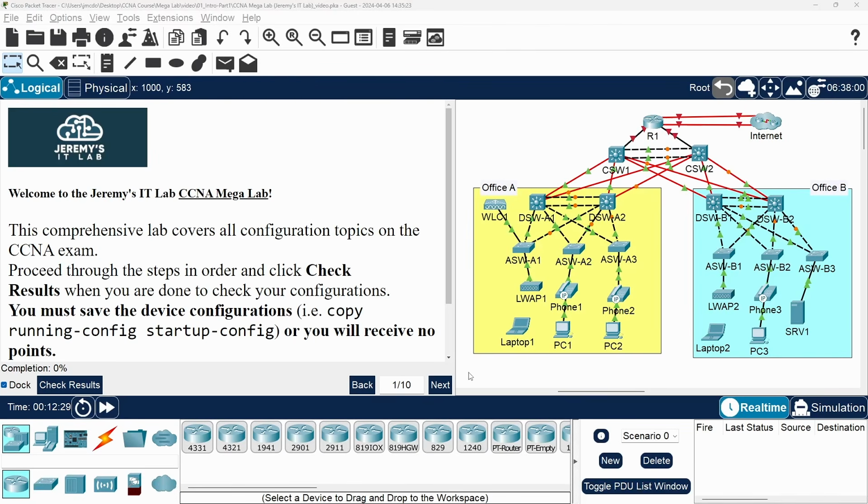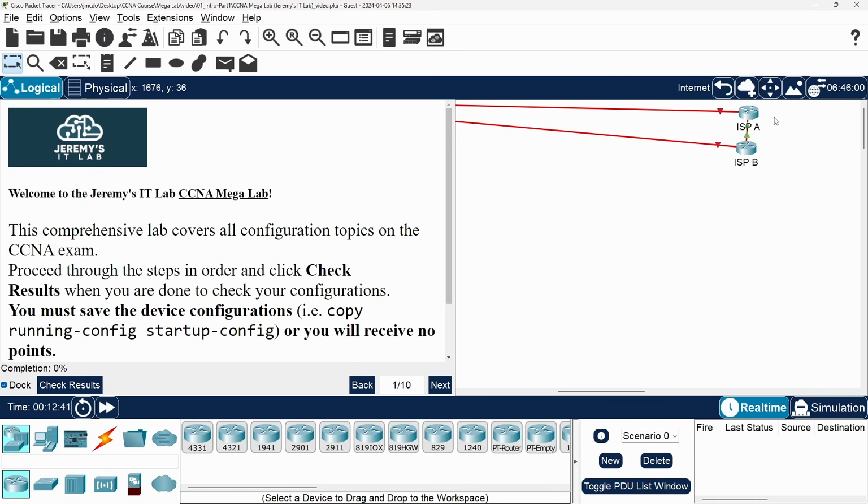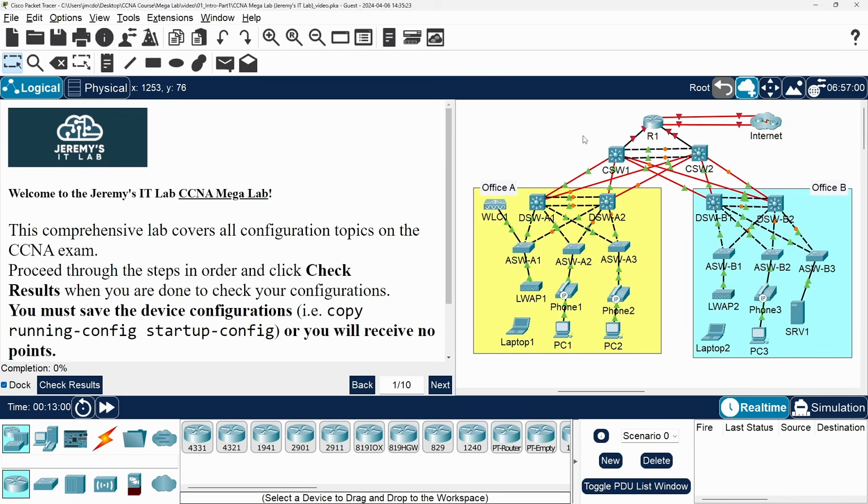The network topology for this lab is a 3-tier LAN consisting of two offices, Office A on the left and Office B on the right. The two offices are connected via a core layer, and R1 provides internet access with two redundant connections. If you click on the internet here, you can see it simply consists of two routers that I have labeled ISP-A and ISP-B. You don't have to worry about these routers for this lab. You only need to configure the network from the perspective of the customer of these ISPs, the enterprise connected to the internet. So click on this back arrow here to return to the rest of the network.